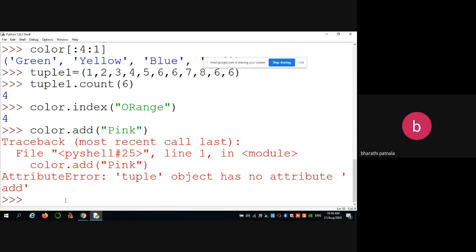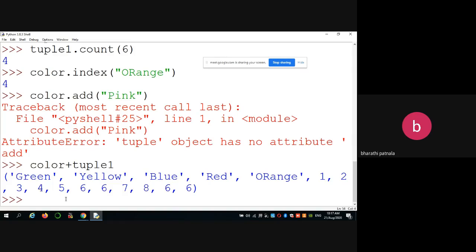Okay, similarly you can also combine two tuples. That means we already have the color tuple as well as tuple 1. Then automatically all this content will be combined. So for example, I want to store it in another tuple. Tuple 2 is equal to color plus tuple 1.